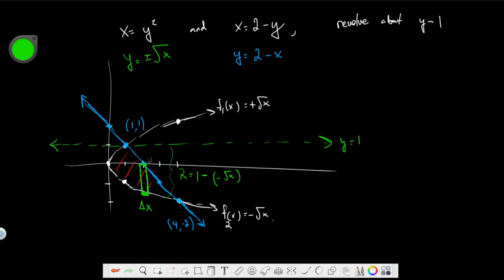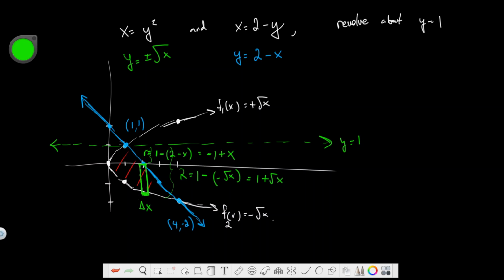Right? This small radius right here is 1 minus this blue line, which is 2 minus x. So 1 minus (2 minus x). Let's call that tiny r. So this ends up being 1 minus (2 minus x), which is going to be negative 1 plus x. And down here we have 1 minus negative square root of x, which is going to be 1 plus the square root of x. Cool. So we can now almost do this integral